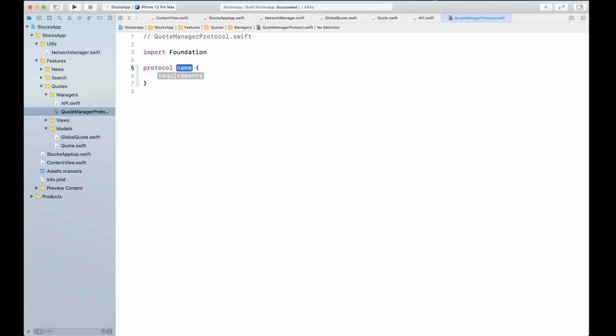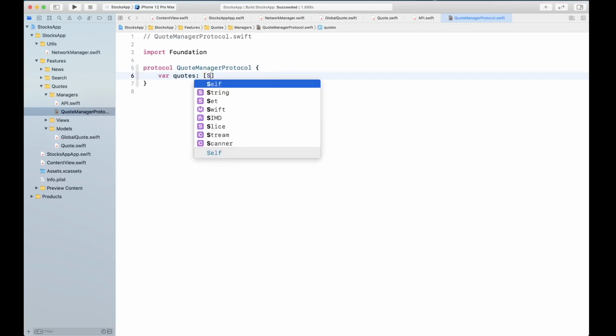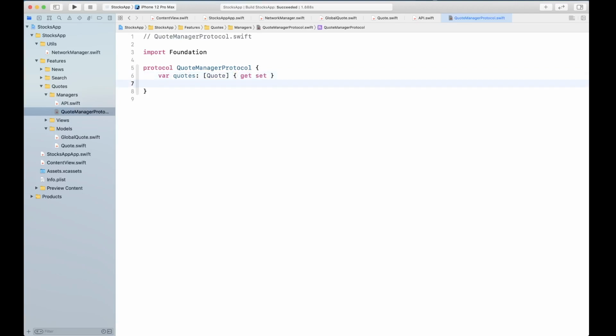So we're going to create our protocol, QuoteManagerProtocol, and it's going to have quotes, a property which is going to be gettable and settable.